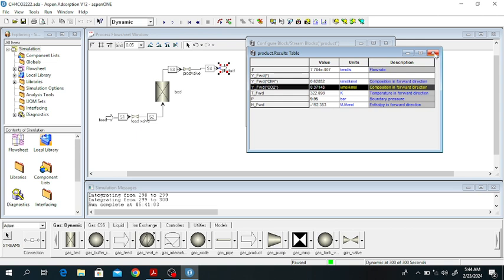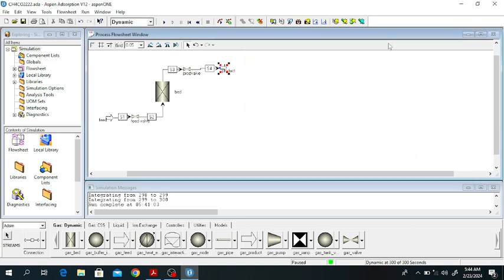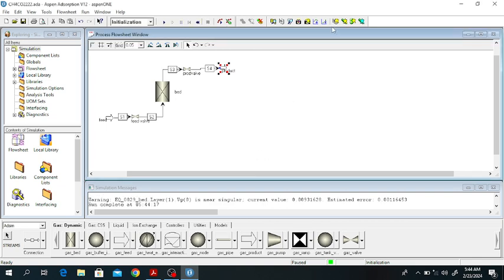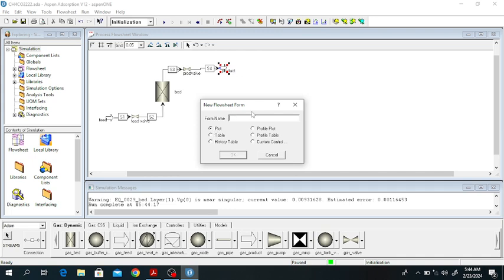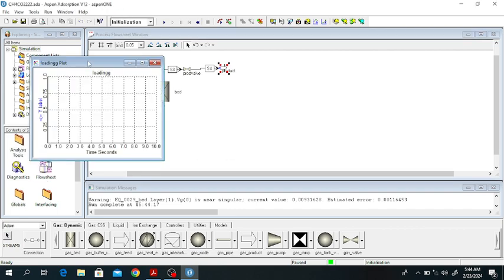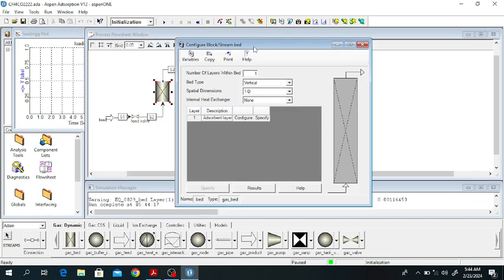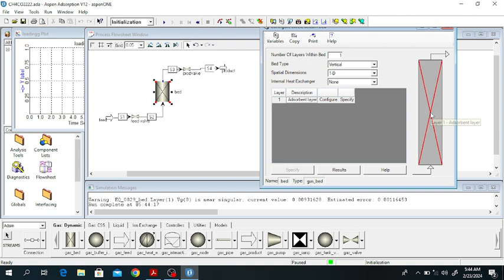Now I will close this one, and I want to plot the loading curves of methane and carbon dioxide inside the adsorption column. So we will go to the initialization, click on OK, and go to this button, loading, methane and carbon dioxide loading inside the adsorption column. So this is loading. Go to bed, click on it, click on this one, configure,